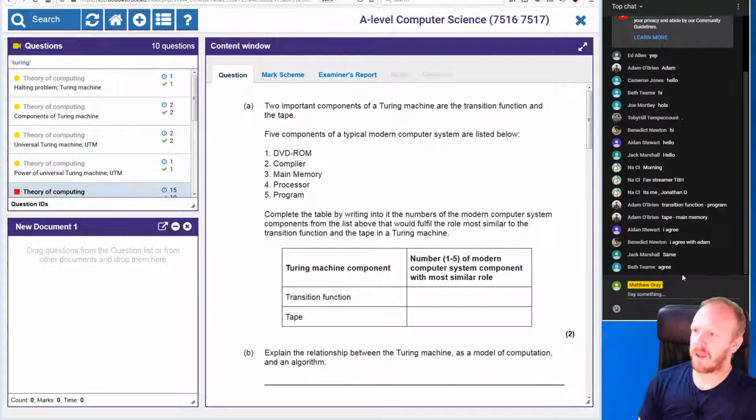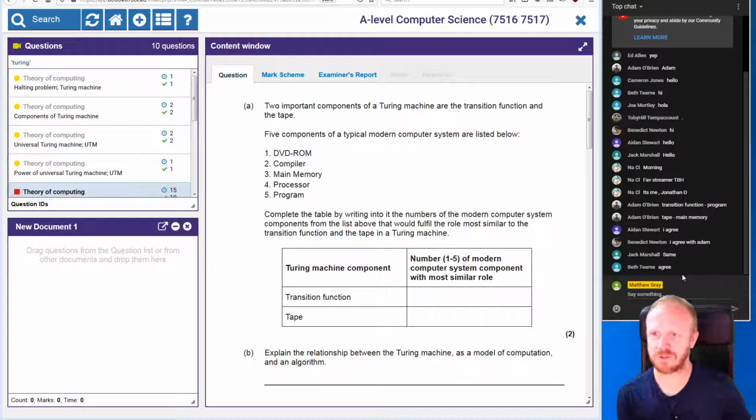Yeah, it will be. The transition function is essentially the instructions of what to do, which is what a program is on a modern system. And the tape is equivalent to main memory because that's the thing that is being read and updated as the Turing machine works through the transition function. The next part,